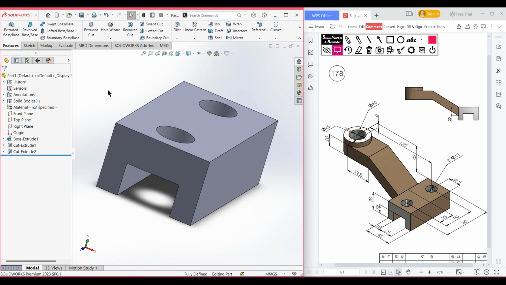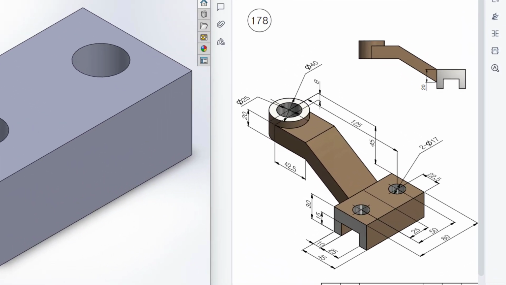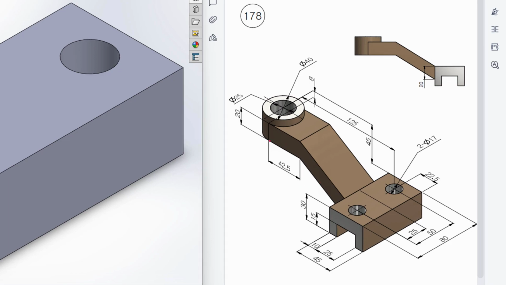Okay, let's go back to our sketch again. So in our sketch we can see that we have to draw this shape, and for drawing this shape, let me see, we can see we have a horizontal line here, and this horizontal line has a dimension of 42.5 unit. Okay, so first of all, if we draw a horizontal line here of 42.5 unit, then we can see it is from this point, okay, from this point to this center line point. Okay, the distance is